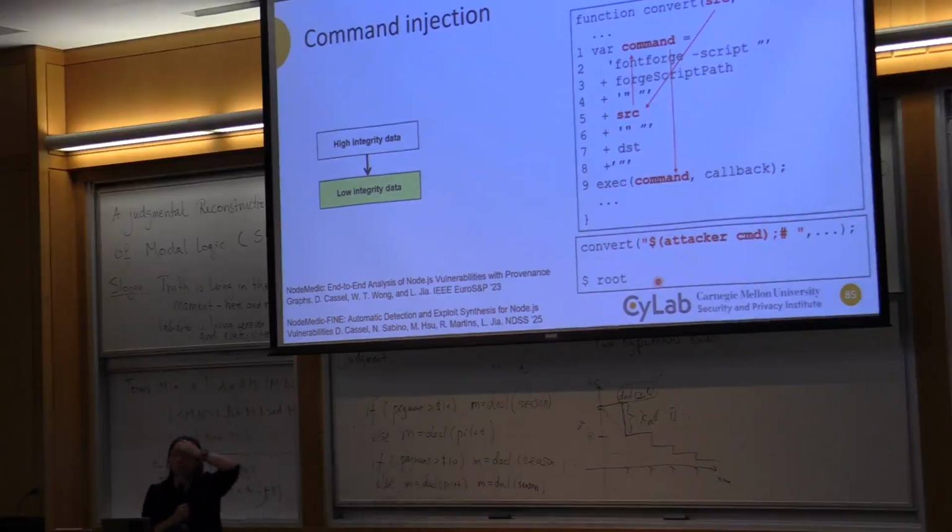Because Node.js code are mostly programming various applications, they can run on big servers dealing with customer data, so it's very likely they actually have high privilege, so it can be fairly bad. So this is like integrity violation, right? So this is what you're supposed to flow. This flow is the reverse of this. You have to take all the low integrity data, get to an API where it requires high integrity.